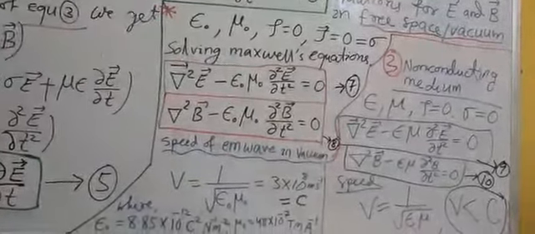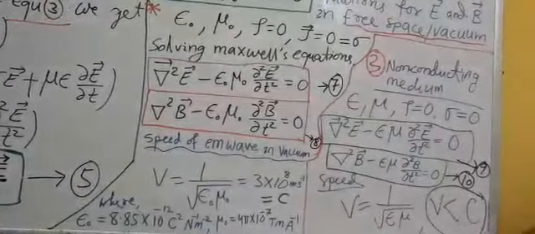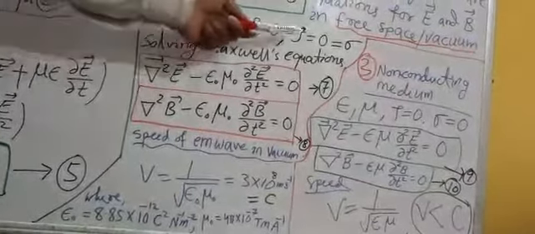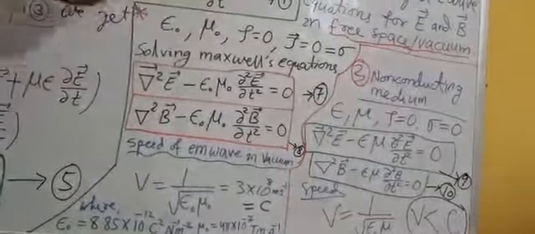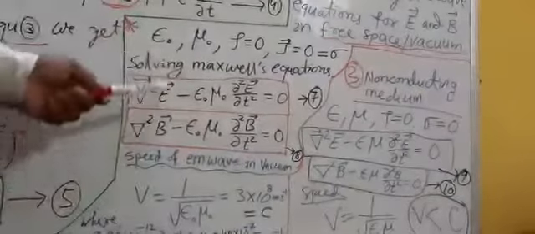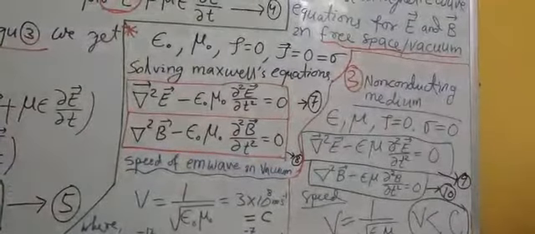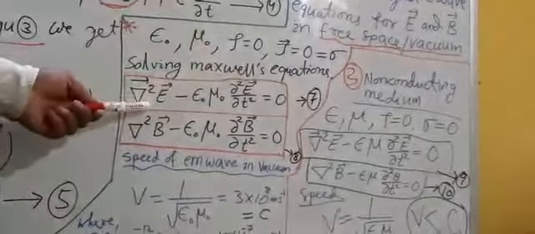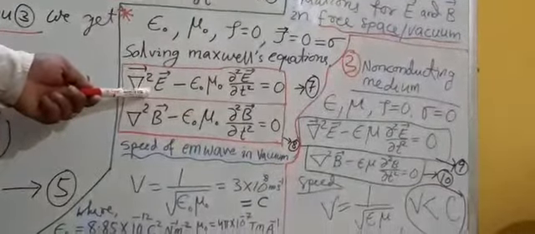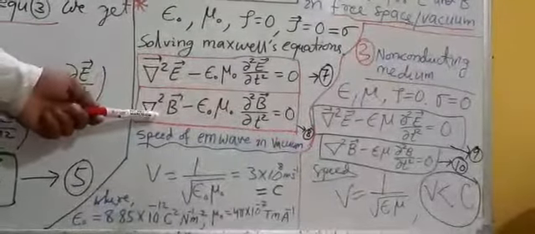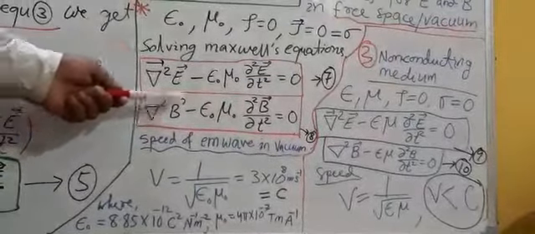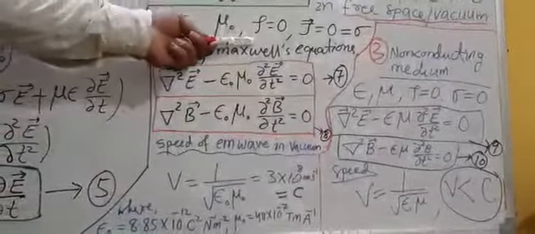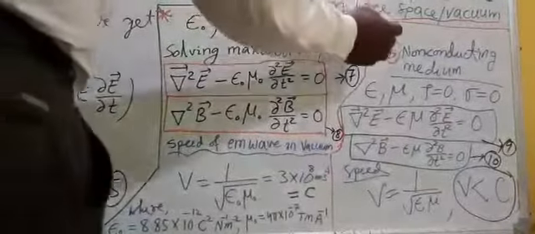Then you have to write down Maxwell's equations like in the second case, applying these conditions. By applying these conditions, you write the 4 Maxwell's equations, follow the same procedure, and you get the electromagnetic wave equation for the electric field and the wave equation for the magnetic field, equations 7 and 8. Following the same procedure, but the conditions are these, you have to apply these conditions.